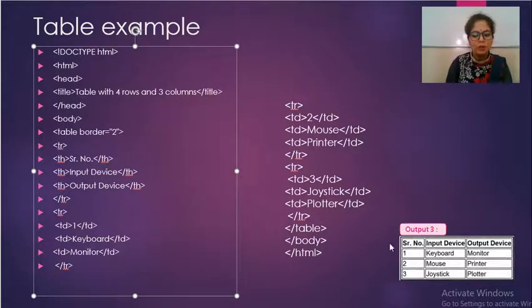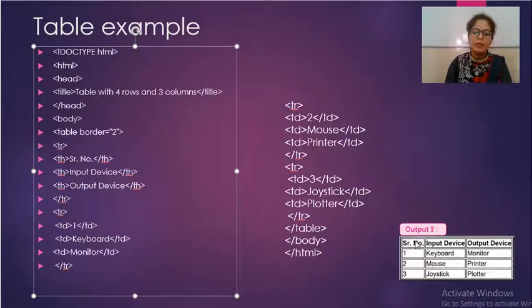Now after creating this cell, we have to move to the next cell. For this, again we have to start with the th tag. Now you have to write the text whatever you want to display. So this is input device and end of th tag. Similarly we move to the third cell. Again th, output devices, this is the text that you want to display, end of th tag.